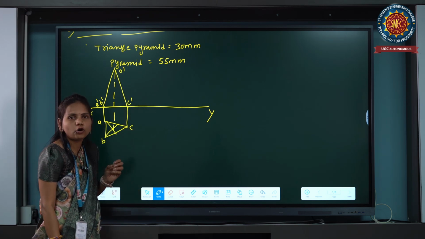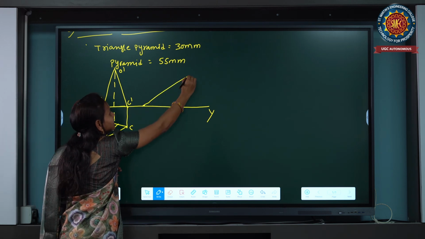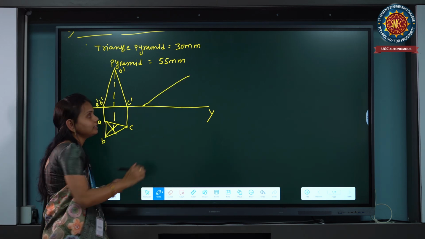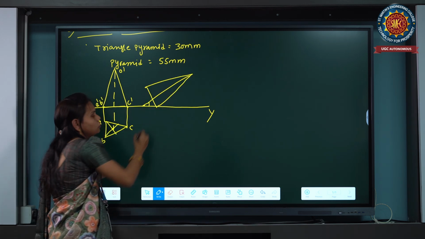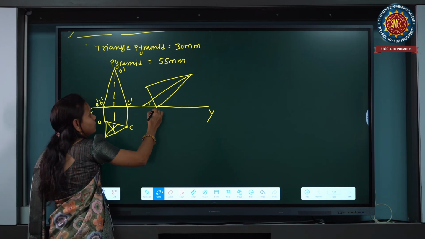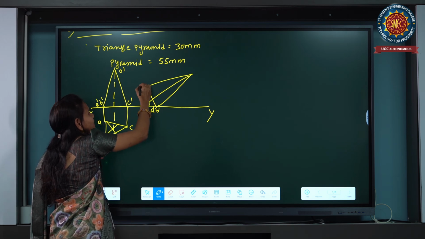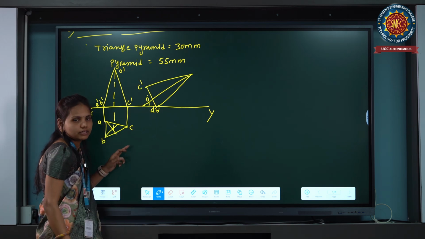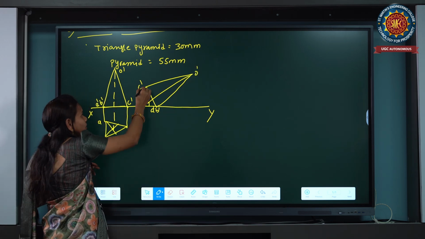So inclined to both planes means, first inclined to HP at 30 degrees by using a protractor. So draw the pyramid. So take the distance of A dash B dash to O dash. So this is the A dash B dash, this is the O, and this is the C dash. So this is the O dash. So extend these lines down